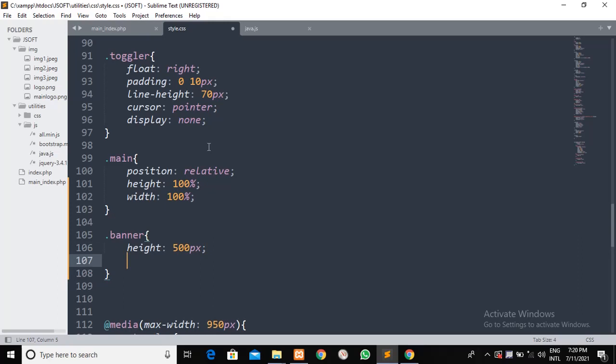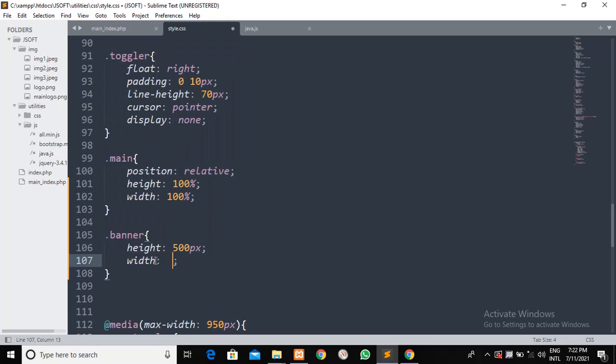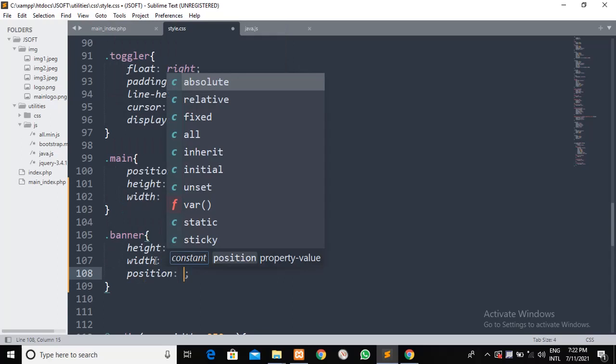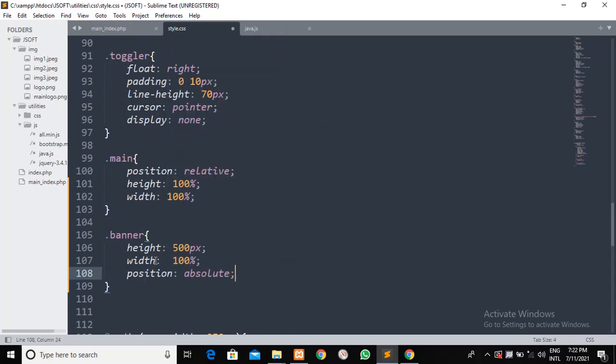Then we'll give it a width of 100%. So, and then we'll make it absolute position, absolute, and then